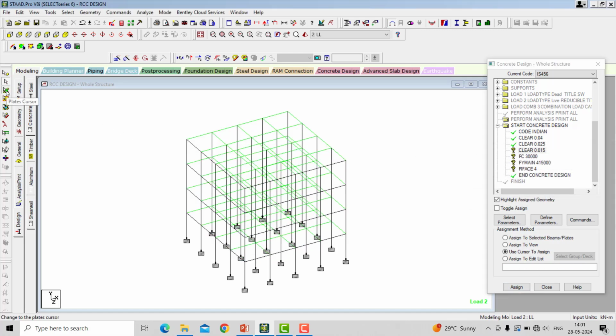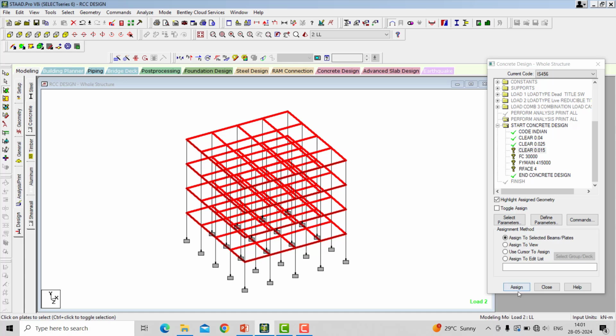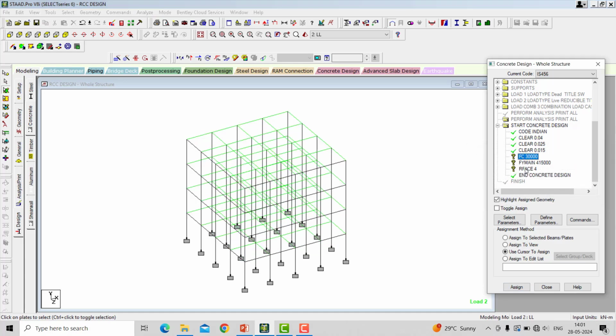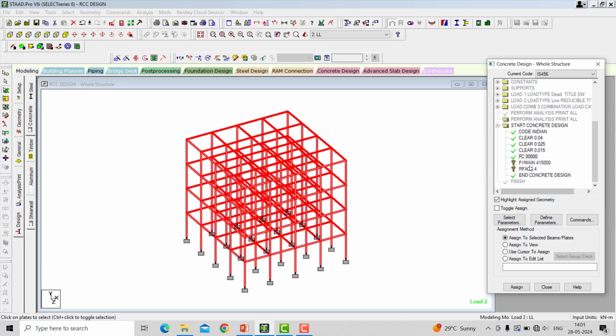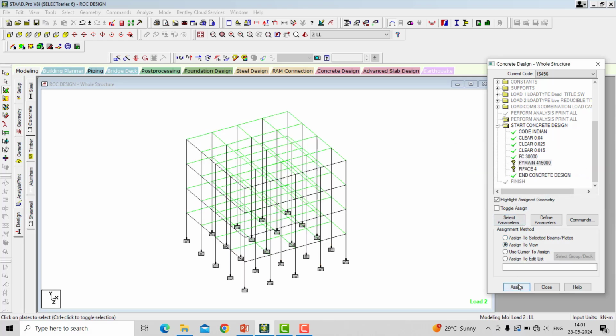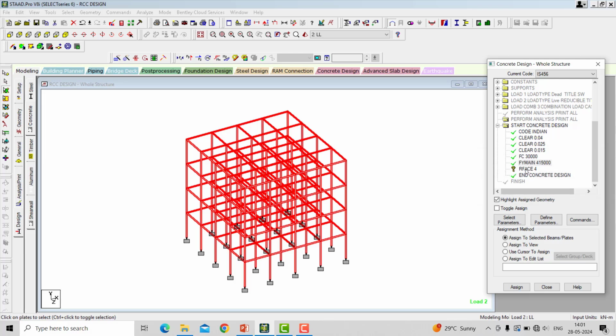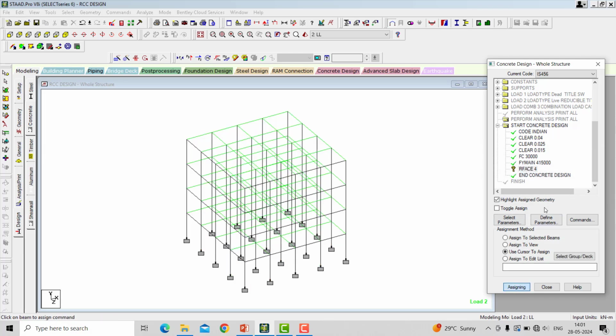For the slab, with the help of the plate cursor, I want to select the plate, assign, yes. Next, FC, FY main and R face are for the whole structure, so make sure you click on the assign to view option, because the same grade applies to the whole building.